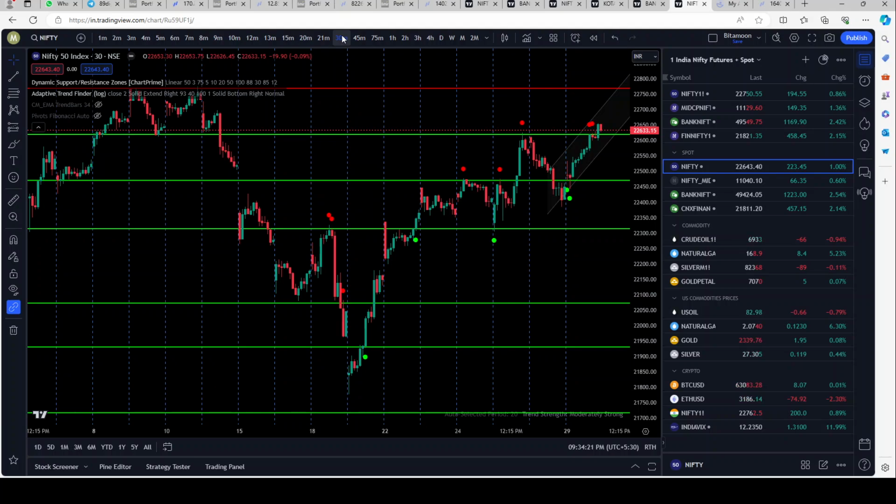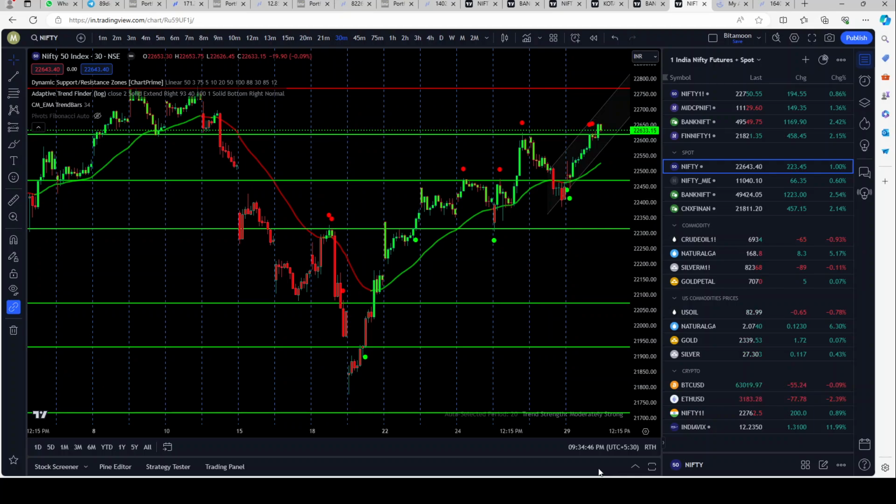But what this subscriber mentioned is, why don't we use EMA Trend bars by Chris Moody? All right, I think it was Chris Moody. Let me just check. Yeah, it was Chris Moody. I'll anyway leave the name of the indicators being used, so that you have no difficulty finding it. So we'll click on this. Now you see on the 30 minutes time frame, once we use EMA Trend bars, how beautifully the trend can be